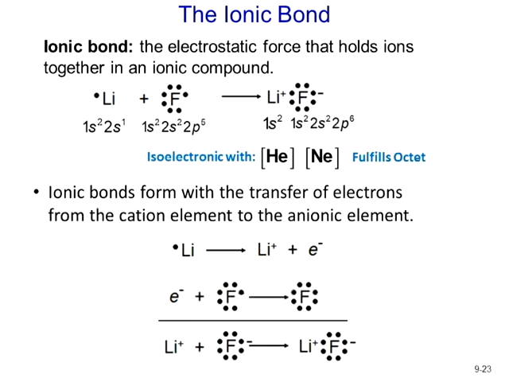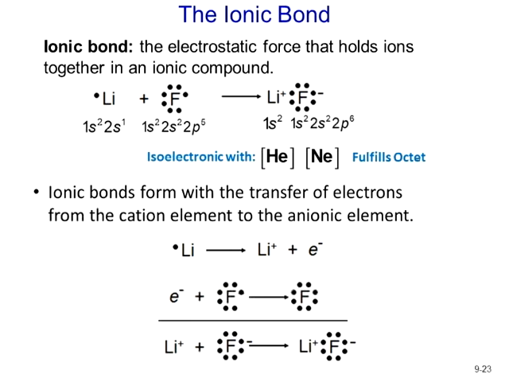That leads us to further discussion about ionic bonds, which are different from covalent bonds. Ionic bond: the electrostatic force that holds ions together is an ionic bond in an ionic compound. So, we call it an ionic compound because it is held together by electrostatic force, meaning that there is a positive